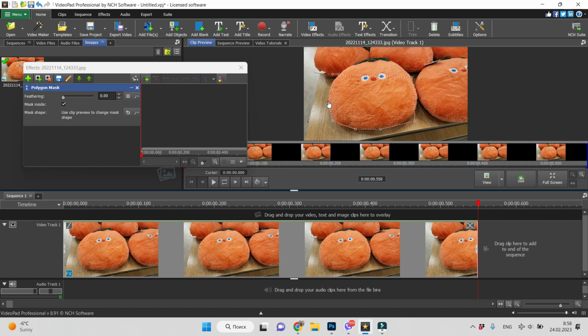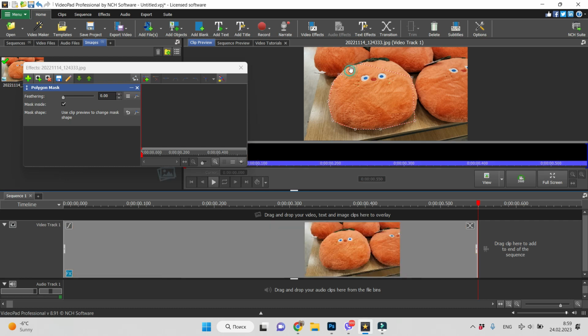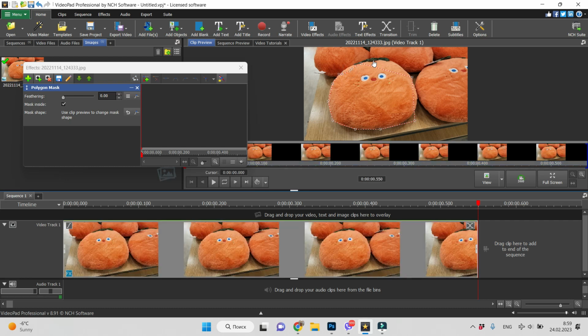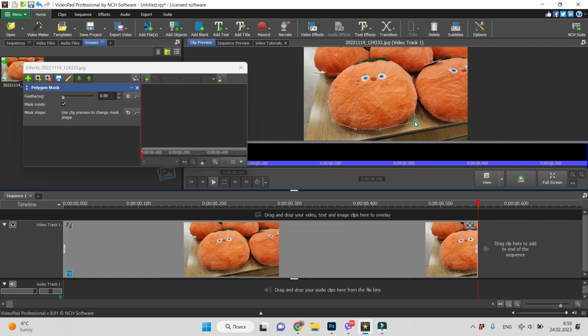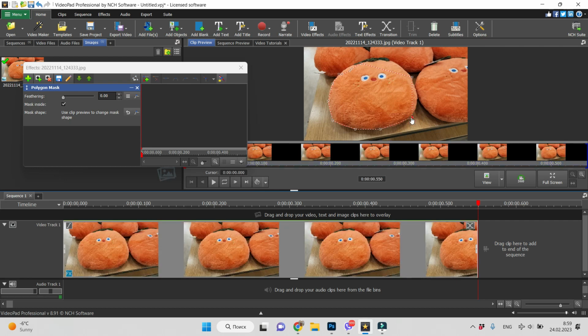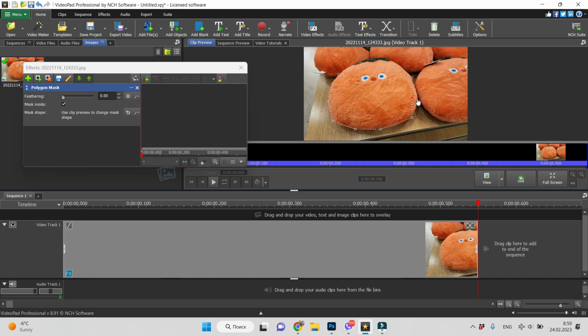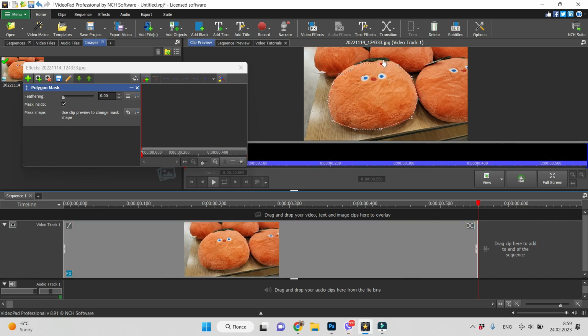I will choose. As I said, the computer needs some time. It cannot do it as fast as you can. VideoPad actually needs some time. So the area is selected,